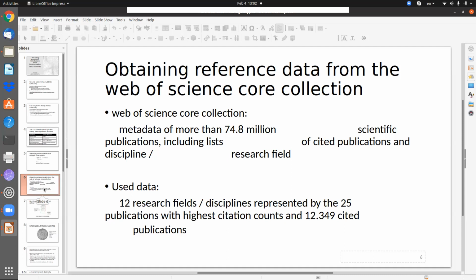There's a lot of reference data and metadata in general, but what is interesting for us is that they have lists of what the articles are citing. And also they have included a categorization into different research fields and domains that are based on the journals the